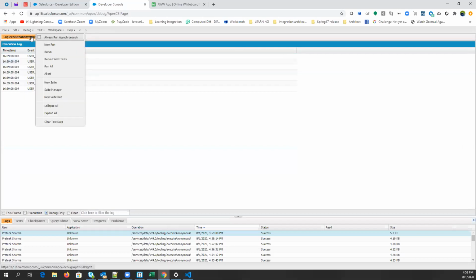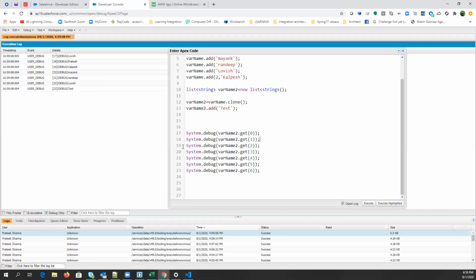Okay, so now what next? We have another method, index of a list element. Currently what we are printing here is the value based on index. But if you don't know the index of a particular value, then how will you get that?